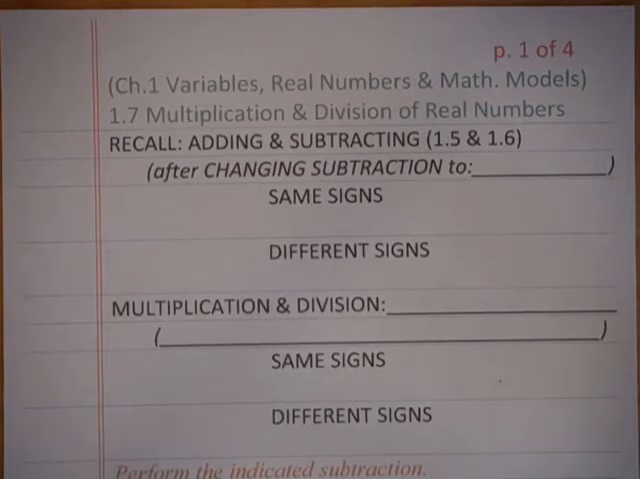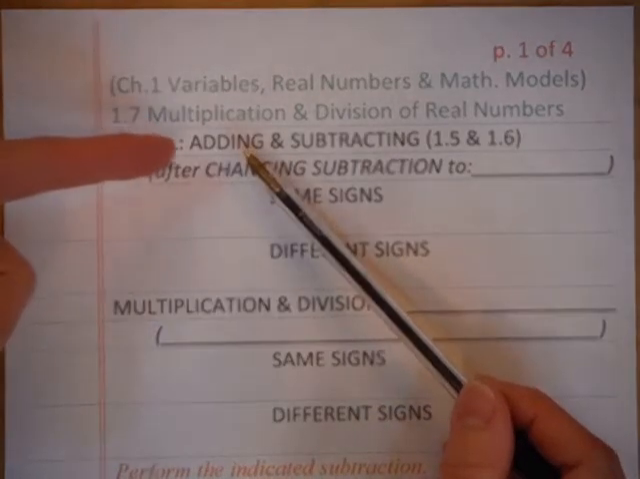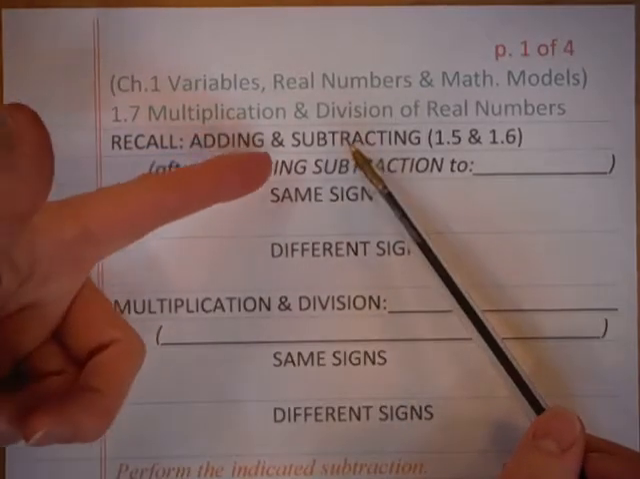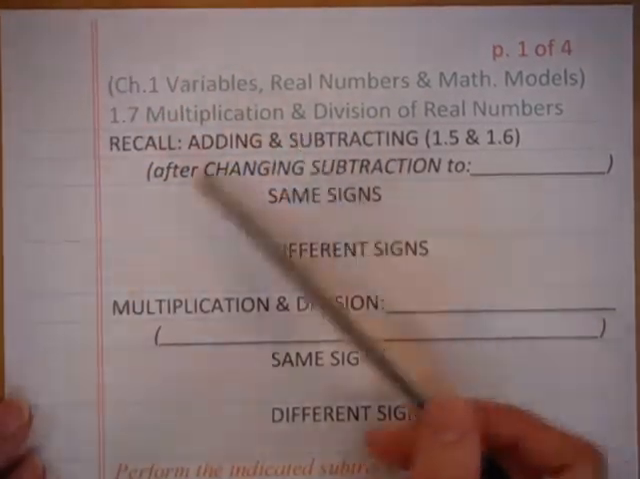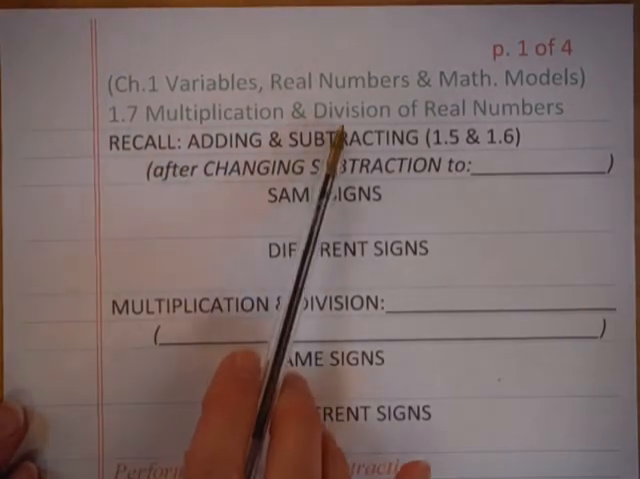Then we followed that up with section 1.6 where we subtracted, and we discovered that subtraction is really the same as adding the opposite. So we're able to use our addition rules for subtraction once we change the subtraction to adding. So let's just review that real quick at the beginning before we start multiplying and dividing